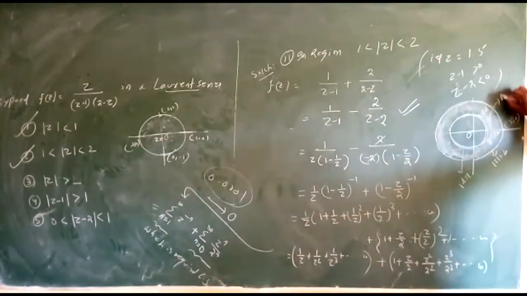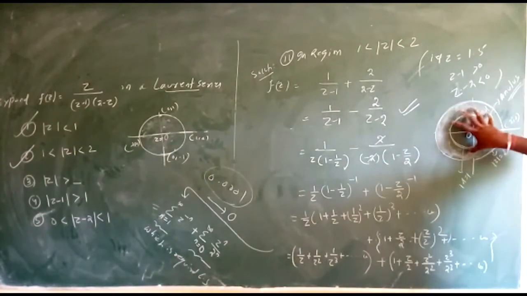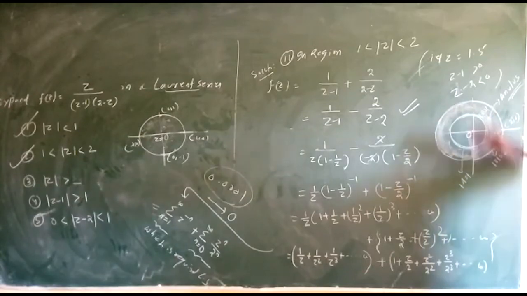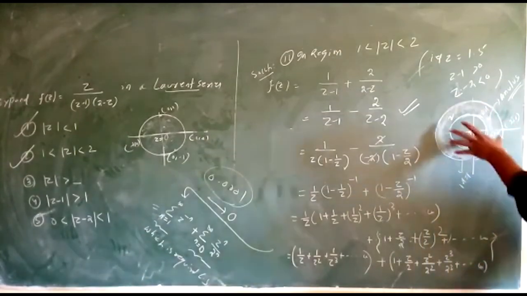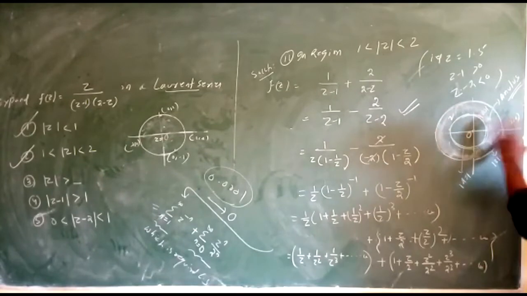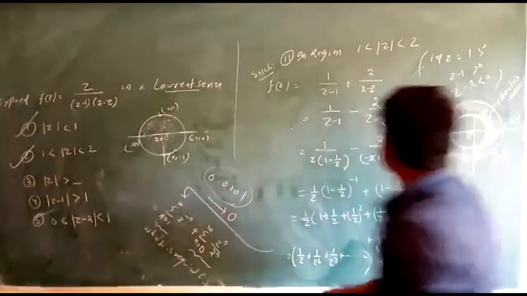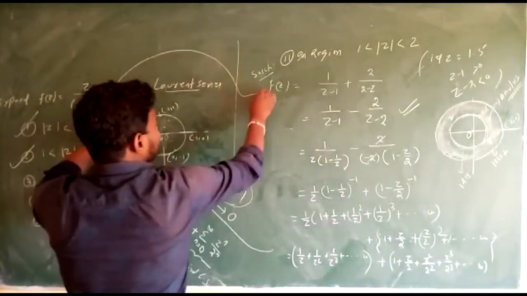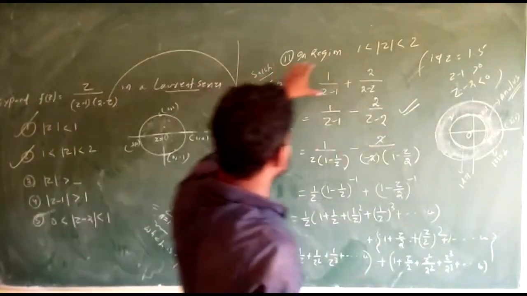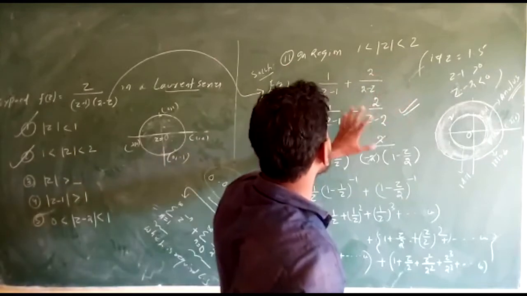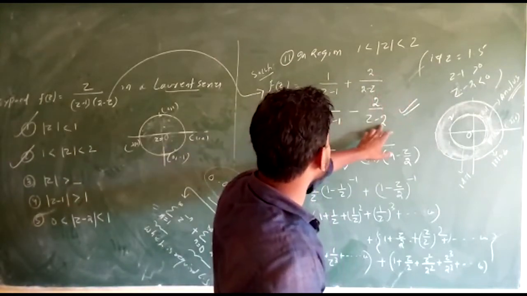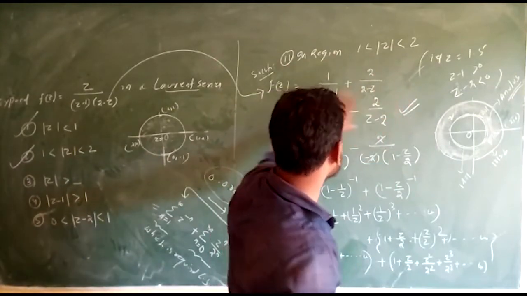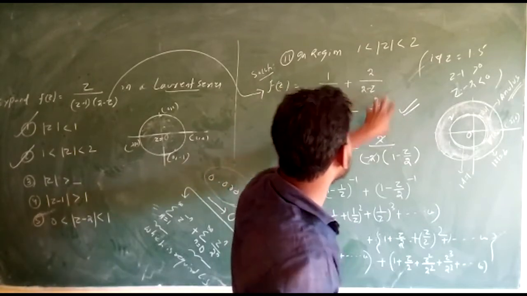This is called the annulus. In the annulus, we find a series. Whatever z, we find a series. That series satisfies all the values inside the annulus. Then this expansion can be converted as 1/(z-1) + 1/(z-2). Taking the negative sign, we find 2/(z-2). Then it is the difference of two terms. We have to write the difference of two terms.